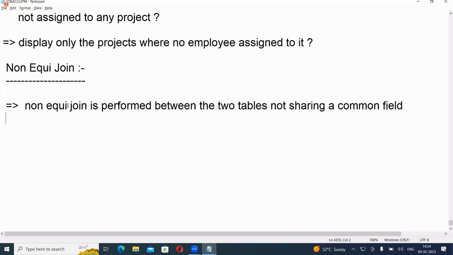If a common field is there, inner join and outer join. If a common field is not there, non-equi join. Okay, now any example? Suppose, for example,